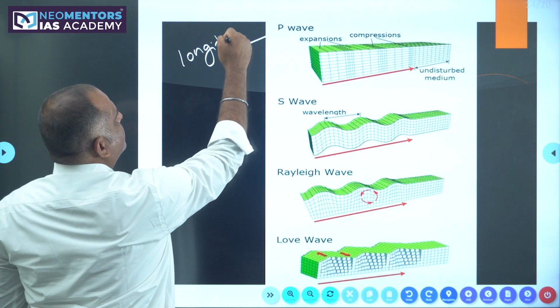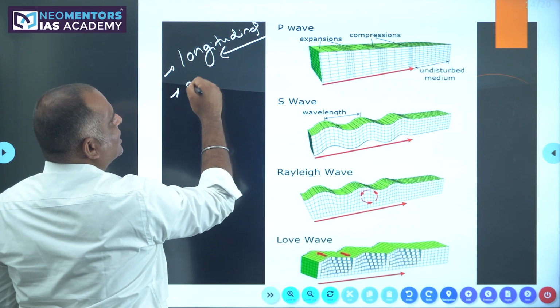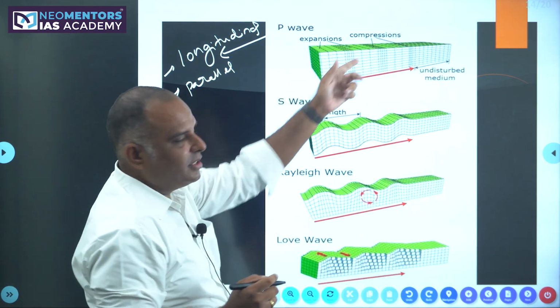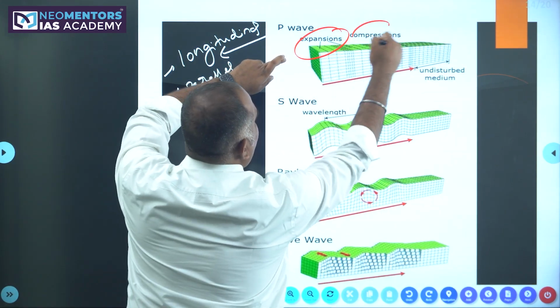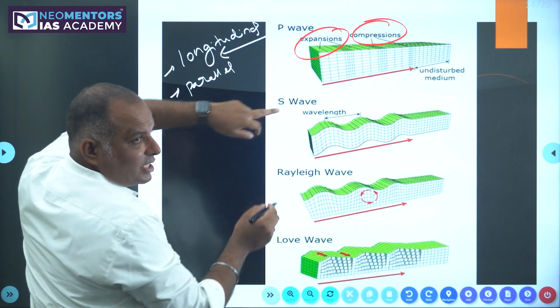longitudinal, parallel to the direction of propagation. The particle motion is parallel to the direction of the propagation of the wave. There is compression and rarefaction, which we saw here. Compression, rarefaction, compression. Right? Now when we come to the S waves,